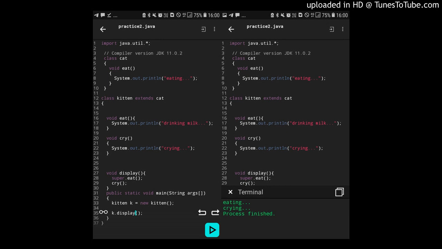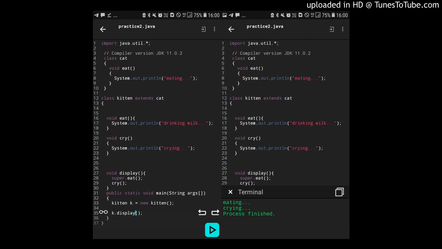So what will be the output? From within the display method in the child class we are using super.eat.